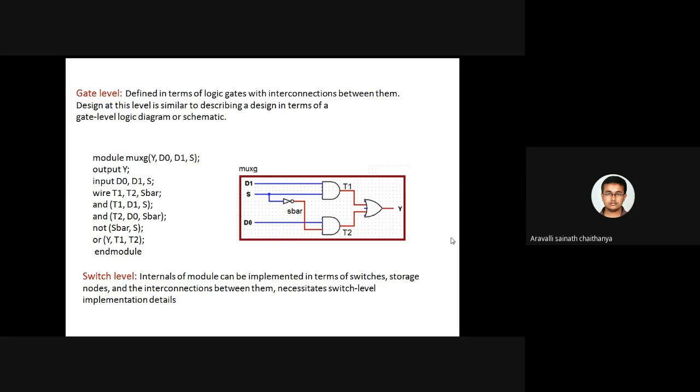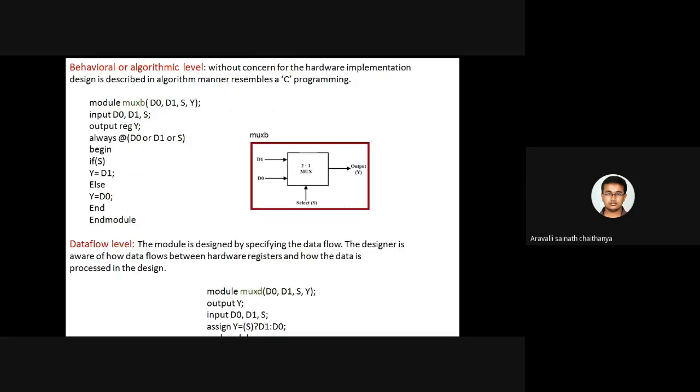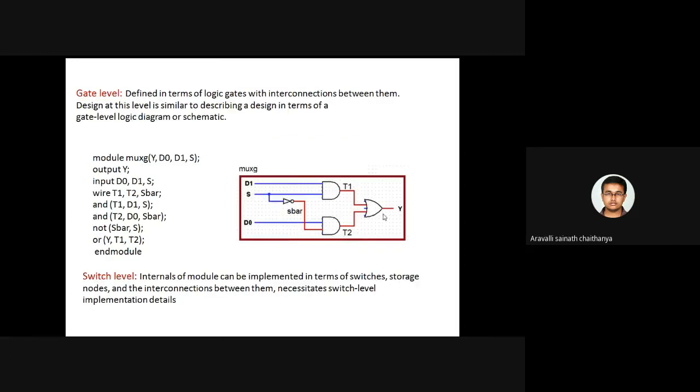That means whenever we send this code to a synthesis tool, it should be synthesized and we should get a gate level netlist. Of course, because if this is the code I am sending to a synthesizer, the output gate level netlist has to provide this realization. If I send this code or this code, data flow or behavioral, the output of gate level synthesis should provide me this description. Okay. So this is about synthesis.